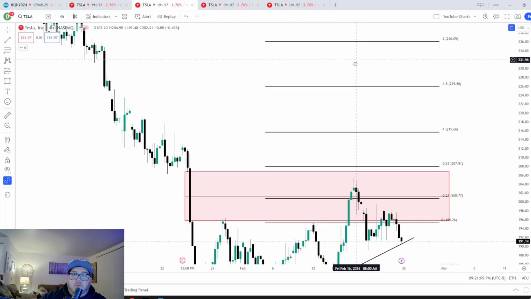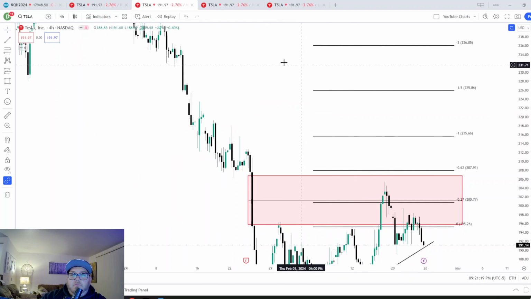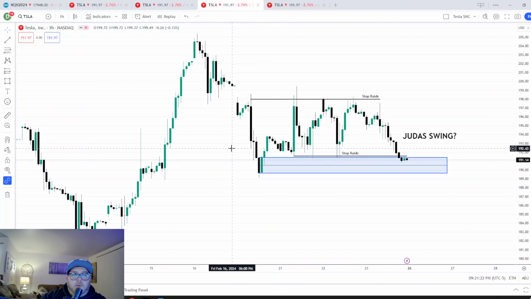So just shy of where we saw the other standard deviation, it's going to put us right into this kind of little minor consolidation range on the 4-hour chart, would be my guess. So if we then drop down into the 1-hour chart,